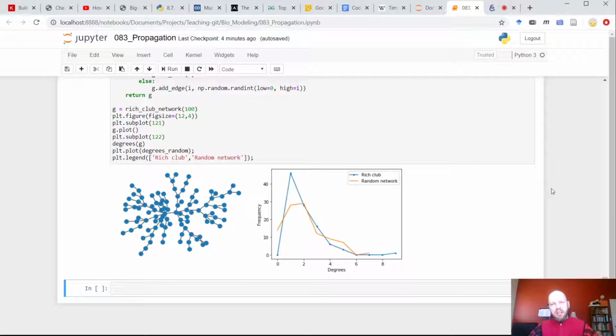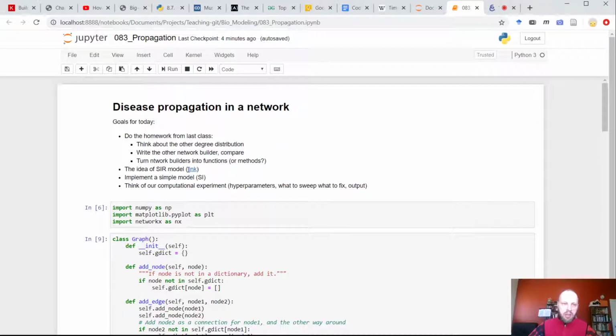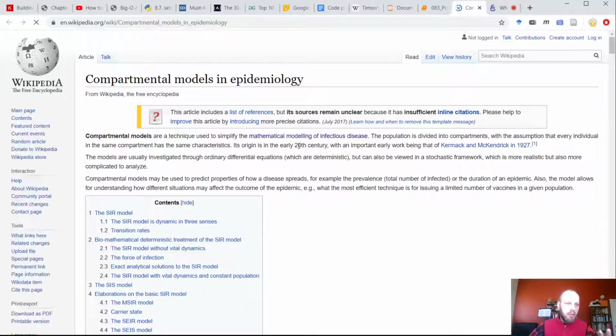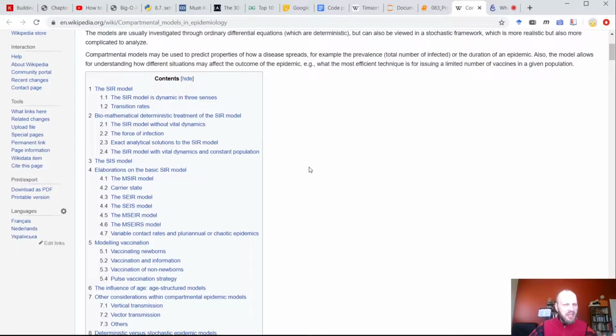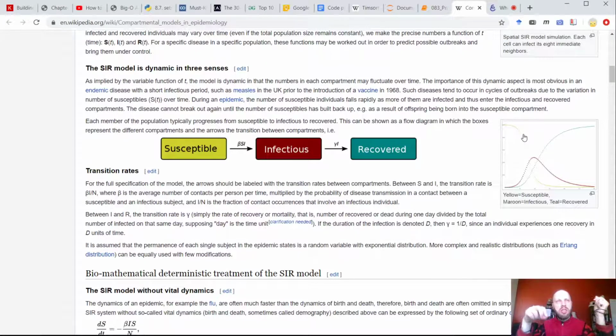People have actually modeled that, as you can imagine, for quite some time now. One place where we can read about that is compartmental models in epidemiology, which is not exactly what we are doing. Here, people write differential equations. They just have a pool of healthy people and a pool of sick people and some speed at which people go from being healthy to being sick, or from being sick to being recovered.